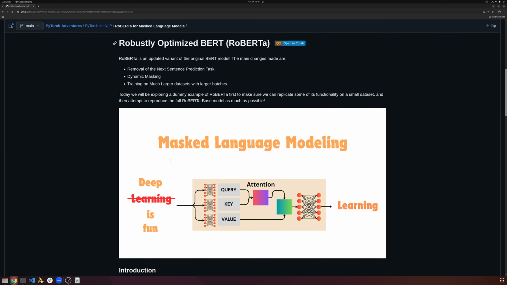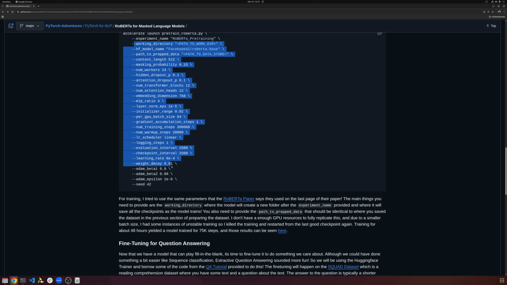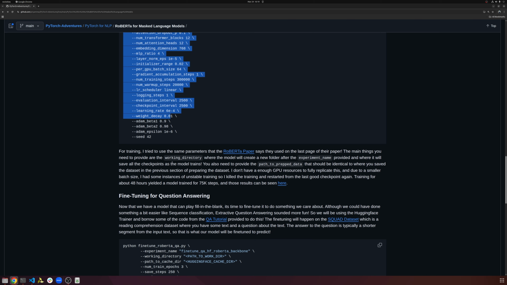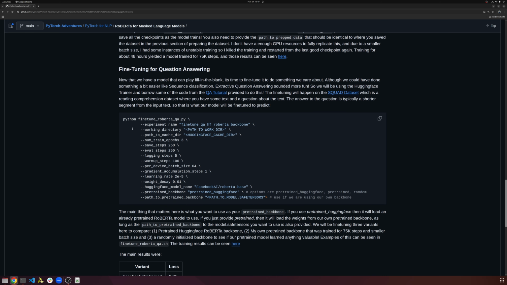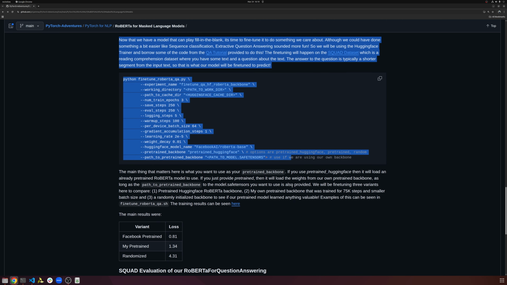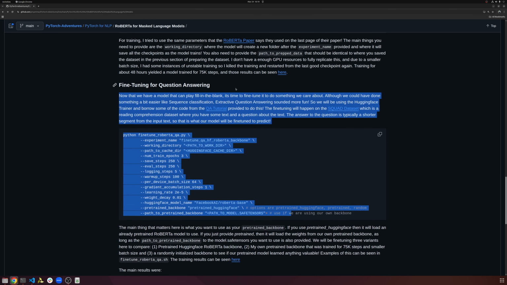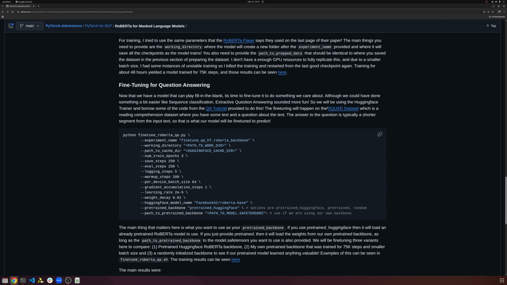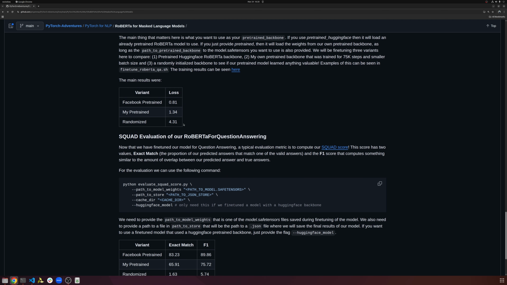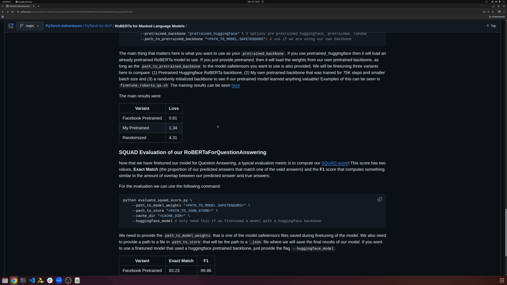Either way, you can take a look if you want to do this yourself. You can run my prepare script, you can run my model, you can basically do all that stuff, right? This part we have not done yet, right? Fine tuning for question answering, just to show some evidence of learning. So when we actually do question answering, a typical benchmark is called the SQuAD benchmark. And we'll see specifically how we build this next time, but we see that my model,